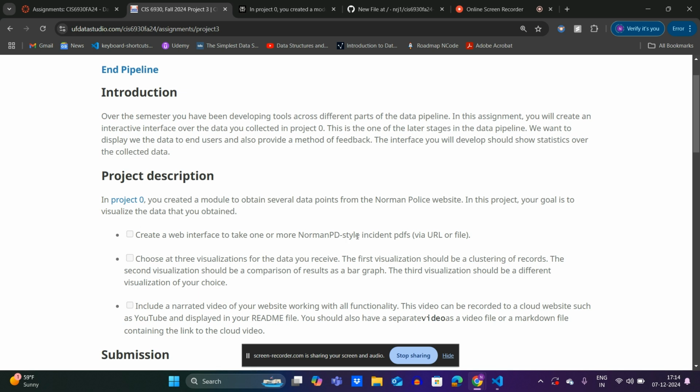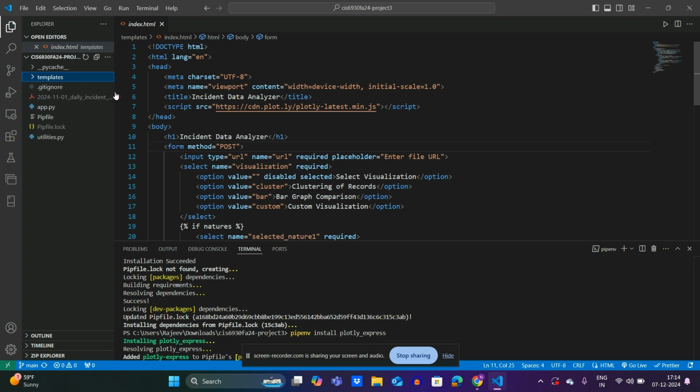This data set basically goes through the incidents that have occurred on a given particular day in Norman city, and we analyze the nature of these incidents, the time intervals when these incidents happen, and so forth. So now, going on to the code of this project, first of all, let's go to the